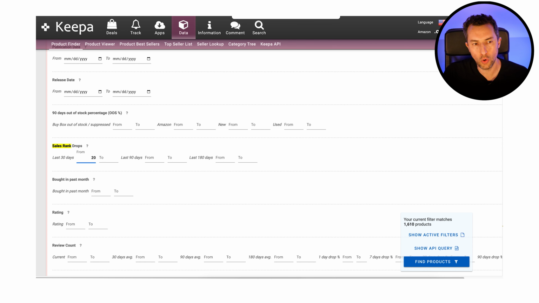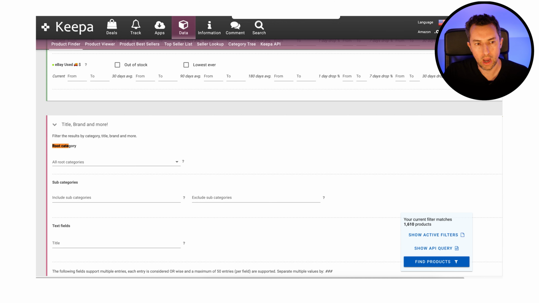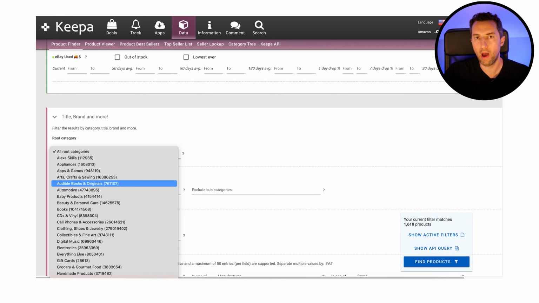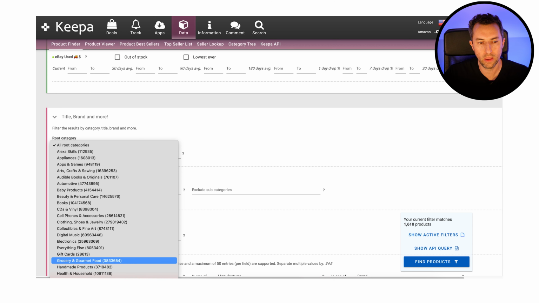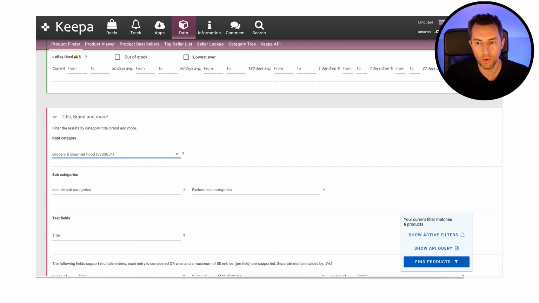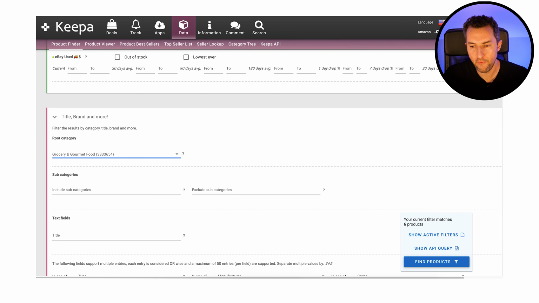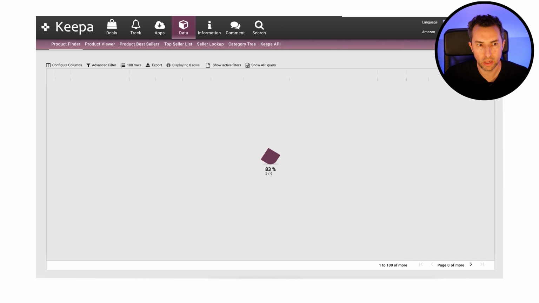And now you go to root category right here, and you're gonna see a bunch of categories. Some categories will be way easier to analyze with this technique than others. We're gonna go category by category. That way we don't have to go through every single result. And again, we are being efficient with our time. So for example, we're gonna start with the grocery category right here and see how we went from 1,600 products to only 6 products. Once you're done with that, you're gonna click on Find Products, and KEEPA is gonna start